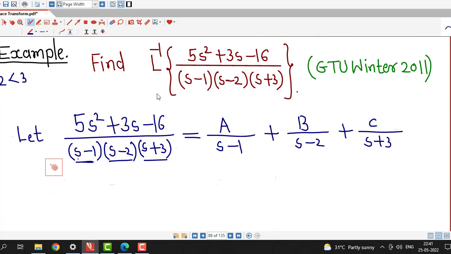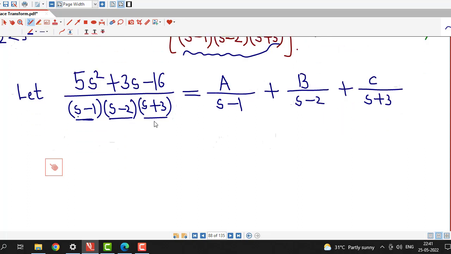So what we are doing is, we don't have a formula for the inverse Laplace transform of this rational function. So using partial fractions we are converting this function in terms of those functions whose inverse Laplace transform formula is known to us. Now to find out a, b, c, we multiply this whole equation by this product,